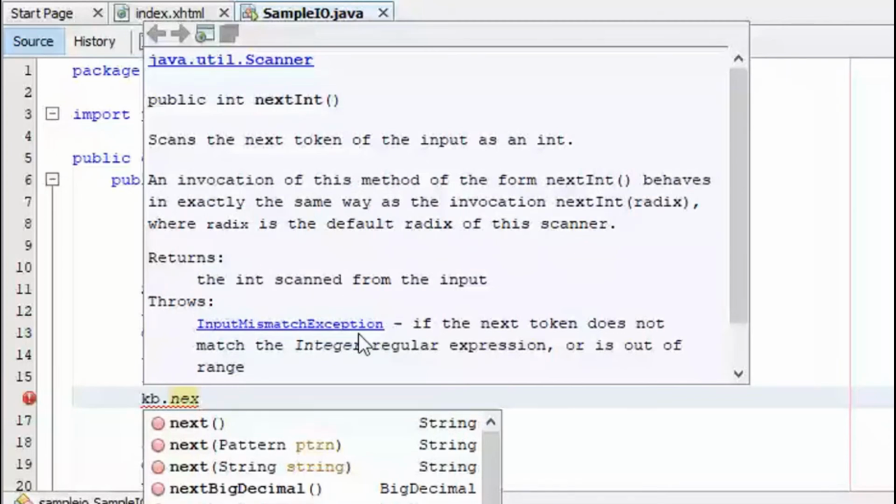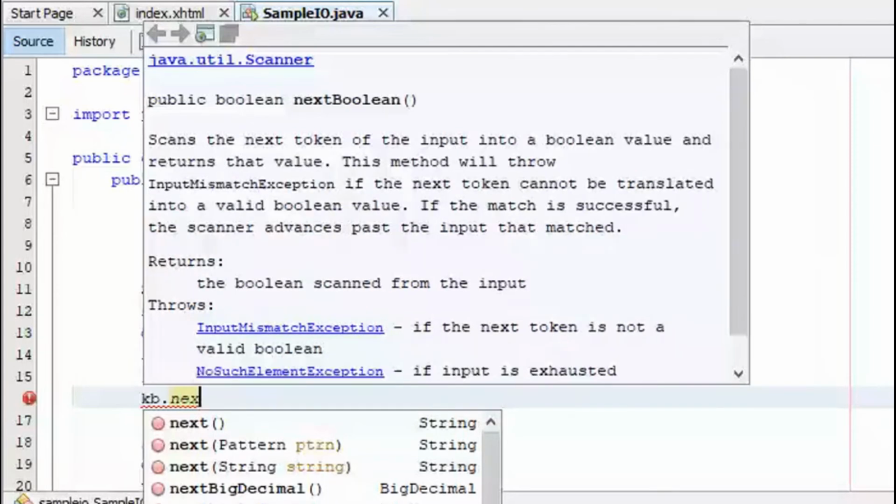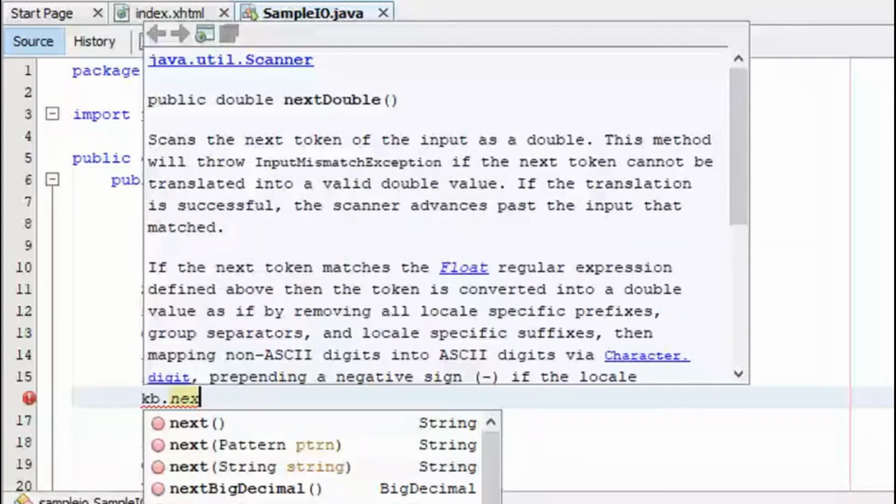Yes. See this? To input an integer, to input a byte, to input a boolean, to input double, to input float. You see, it's also capital D and so on. I hope you don't misspell. This is to input string. Let's just double click that and then add a semicolon.